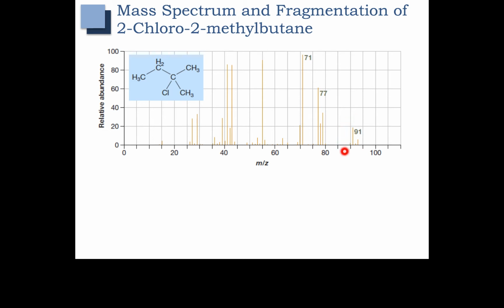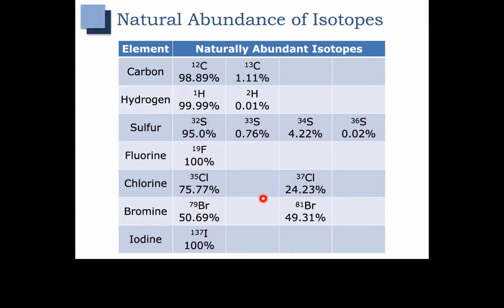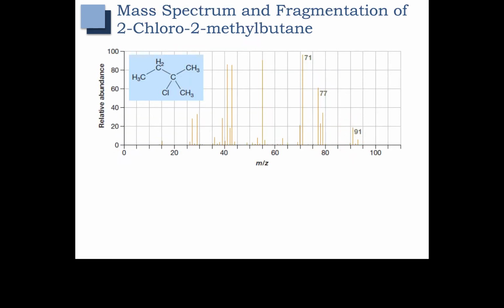One, we see this pattern that's typical of alkyl chlorides, where we have a peak and then a peak 2 more that's 1/3 the height. This corresponds to the natural abundance of the chlorine-35 and chlorine-37 isotopes, where one is 76% abundant and the other one is 24% abundant. So because of those two isotopes, we see one peak for chlorine-35 and another peak for chlorine-37. Now, if you were paying attention, though, you'll notice that the 91 peak does not correspond to the molecular